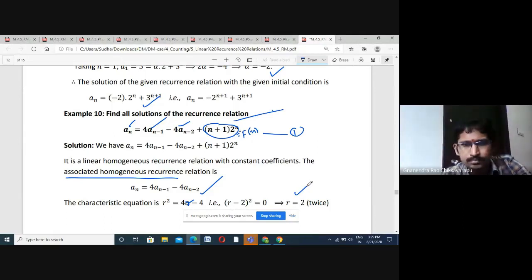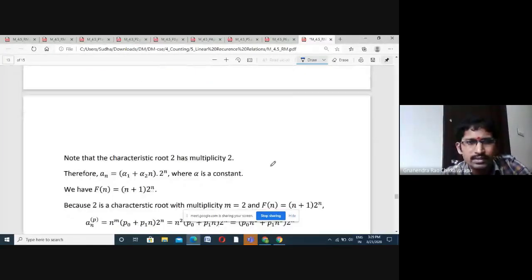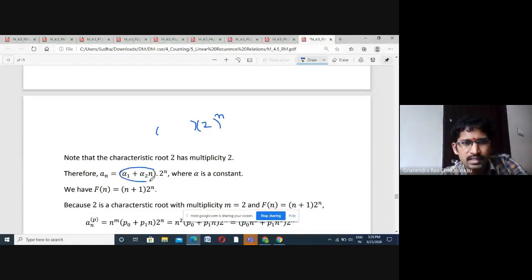r is equal to 2 comma 2. So what is the process? This is the structure of anh. You should write the root. How many times did it occur? 2 occurred twice, means 2 minus 1, that is 1. Number of repetitions of the root, how many times occurred? 2 times, 2 minus 1 is 1. You need to write here a polynomial of degree 1 in this bracket, so that this will be the general solution of the homogeneous part, the associated homogeneous part.